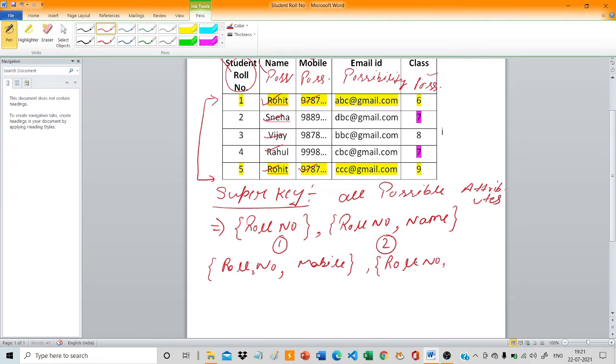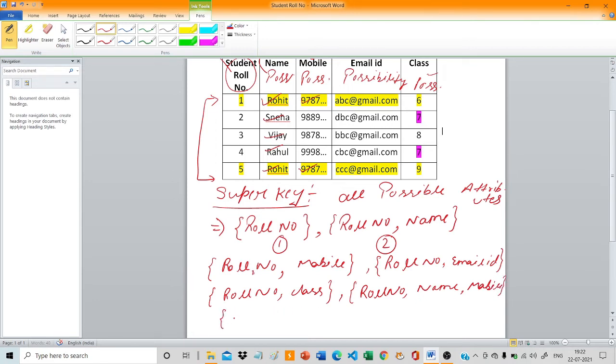So roll number is our what? That uniquely identifies the records. Next is email id. I am taking two pairs. After creating two pairs, I will create three pairs, because it takes all the possibilities. That's why roll number with class. Okay, so two combinations I have taken. Now I'm going to take three combinations with the roll number, because roll number uniquely identifies the records. Roll number comma name comma mobile number, that is three combinations.